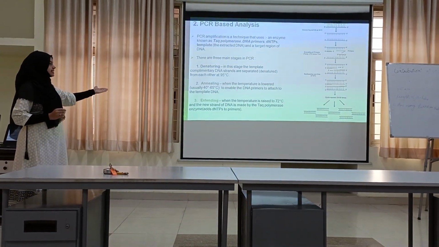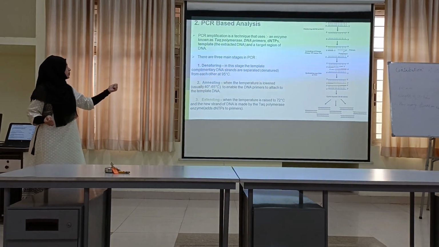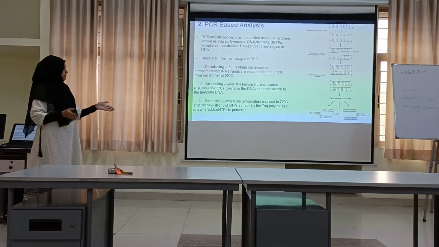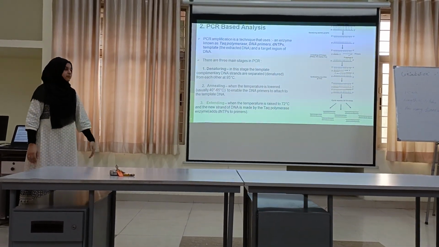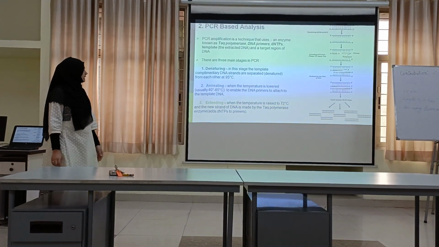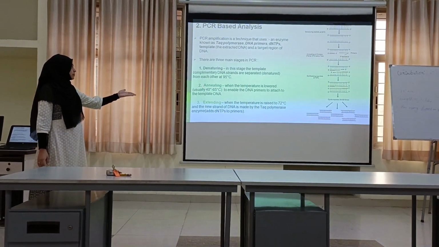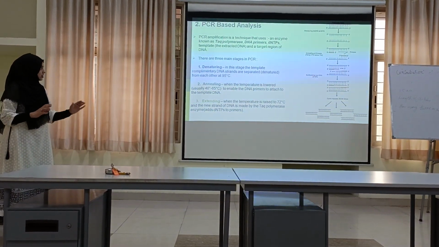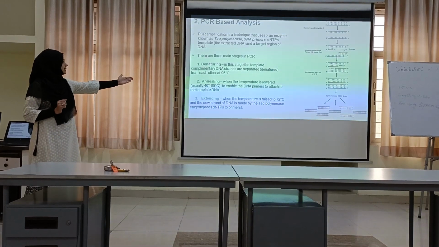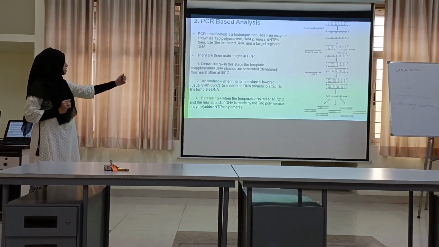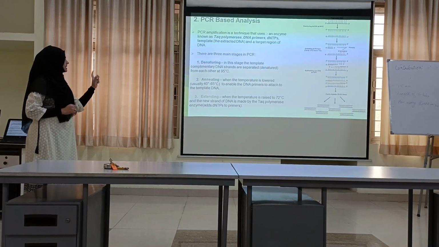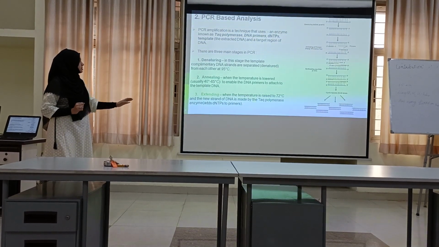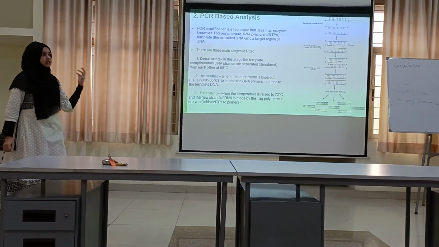Then these are the three steps which are common in all PCR. First is denaturing: the double-stranded DNA at high temperature is separated, denatured into single-stranded by breaking the hydrogen bonds. The second step is annealing. When the temperature is lowered, the DNA primers attach to the template again. Then comes extending: when the temperature is raised to 72 degrees Celsius, a new strand of DNA is made by the Taq polymerase, and what it does is that it adds dNTPs to the primers. Here we have labeled DNA